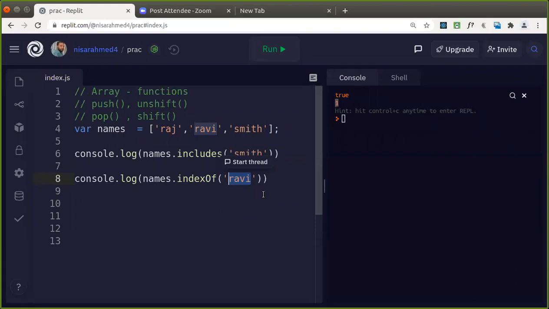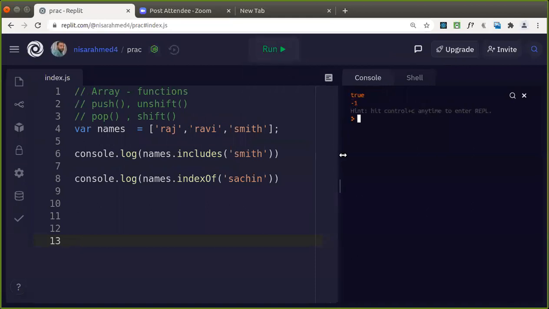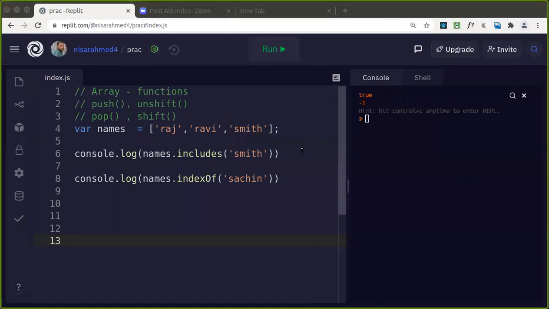Now suppose this element is not there. So what would we get as the value here? Suppose I'm searching for Sachin. Sachin is not there in this array. So what would be the result here? That would give you the result as what? -1. So why did you get that value as -1? Because Sachin is not there. So the indexOf function will search for a given element, whether it is there in the array. If it is there in the array, it will return what? The index where it is there. If it is not there, it will give you the index as -1. What includes does is just give you true or false, whether it is there or not.